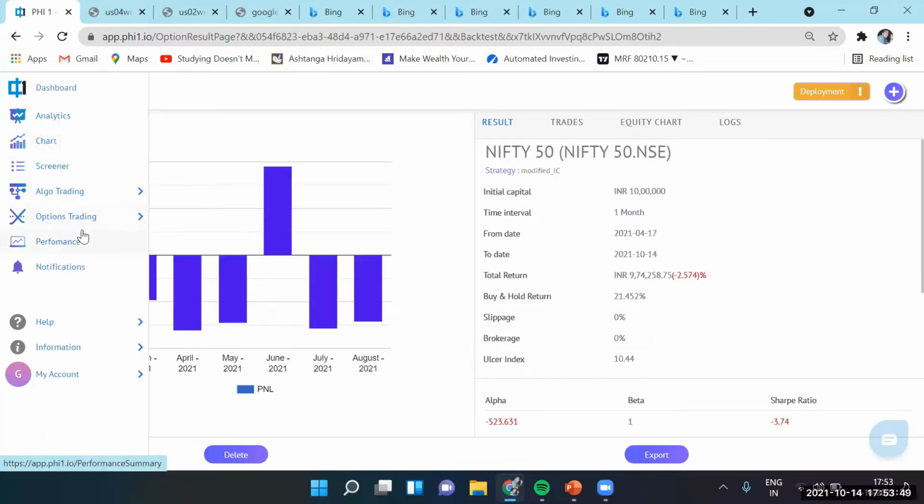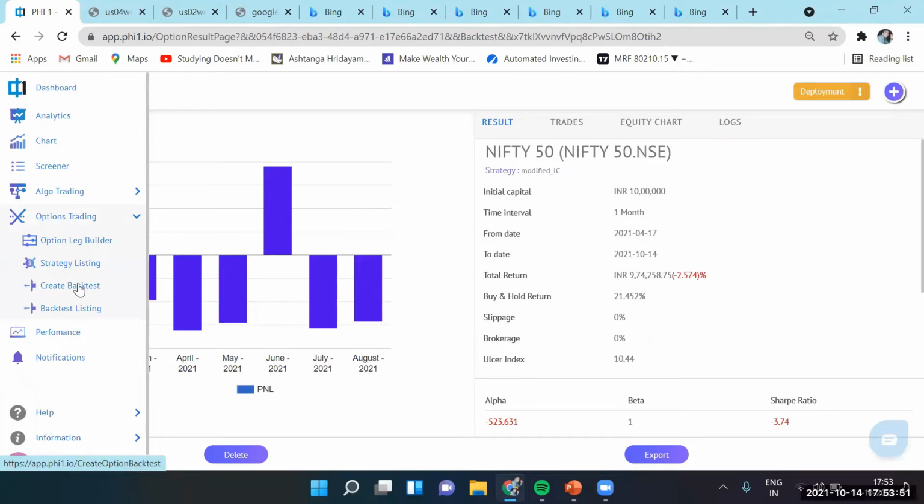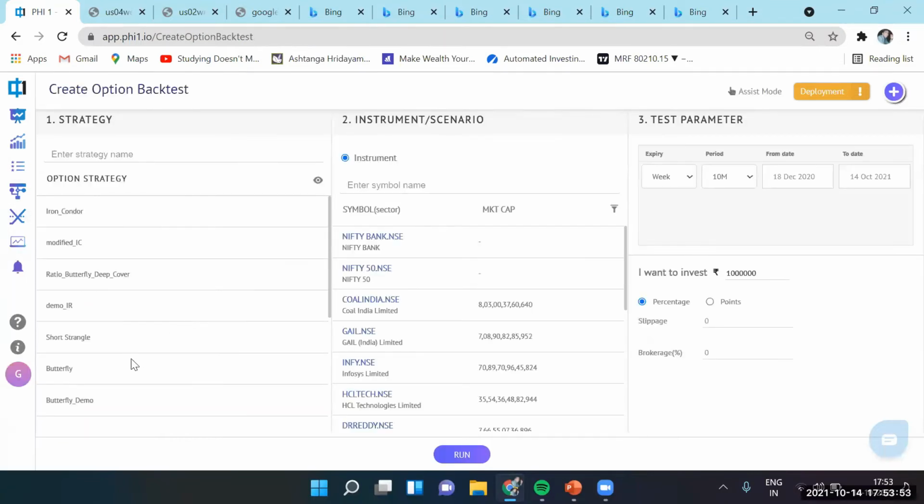Similar results. I'll do one final test for you to run the default one. Let me take my default iron condor where I gave it more room to make a move, but we'll collect a little bit of premium.